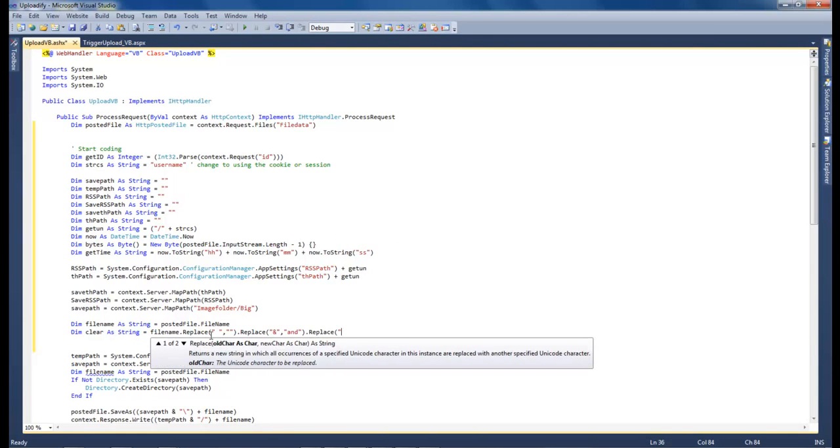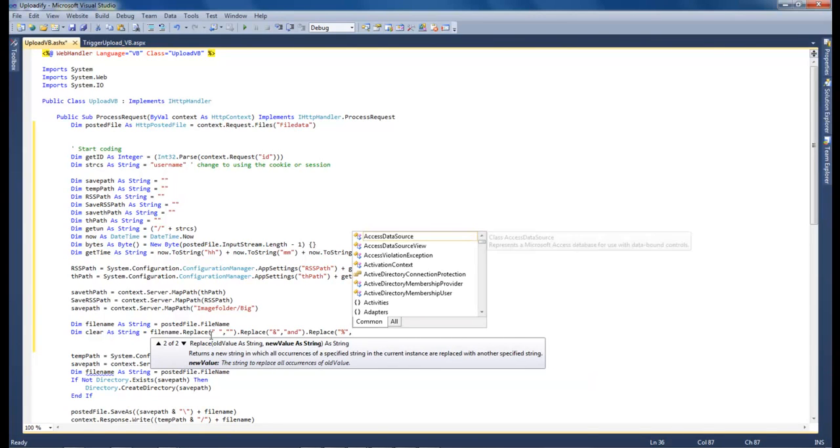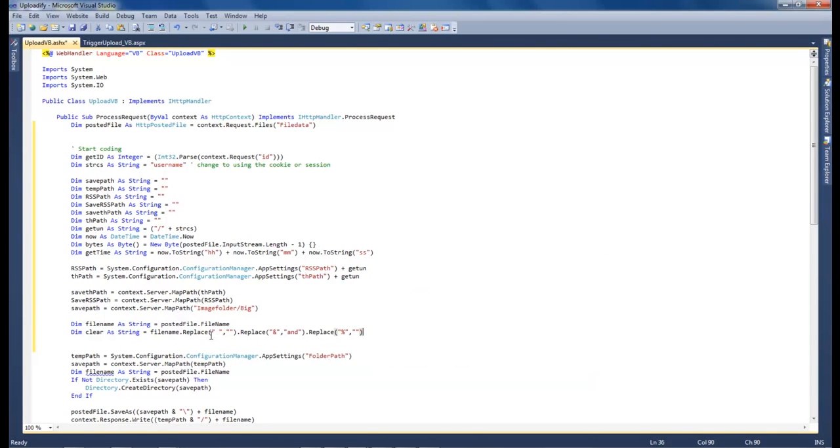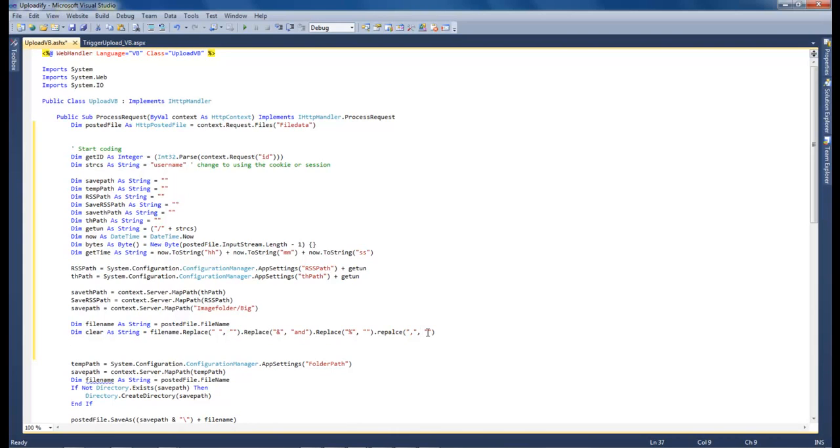and the next thing we want to do is percent. You do not want to have a percent in there. We're actually going to change that to nothing. And then the last one that we want to worry about is commas, and we're going to change that to nothing as well. If there's anything else that you want to remove from your file name string, that would be it. Okay, so now let's come down and let's do